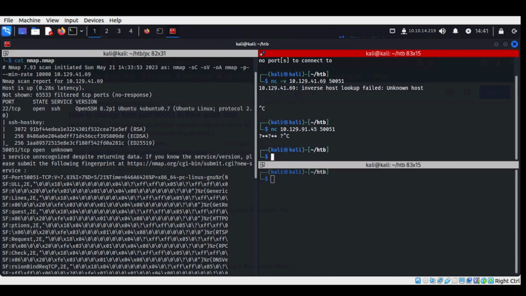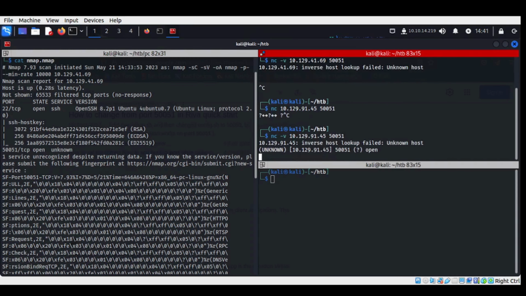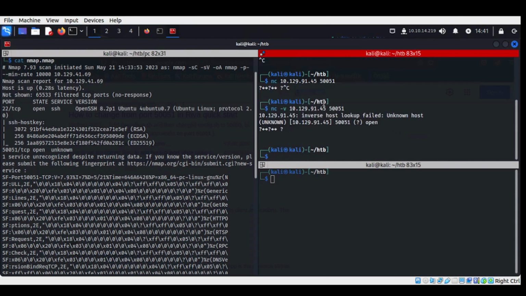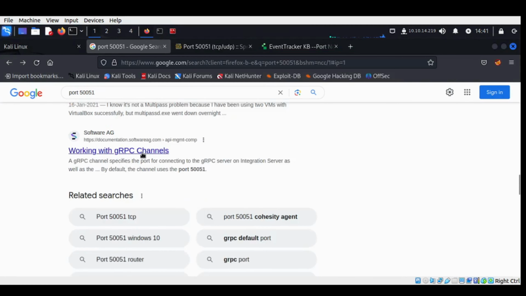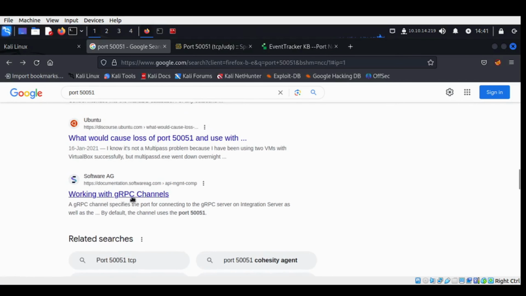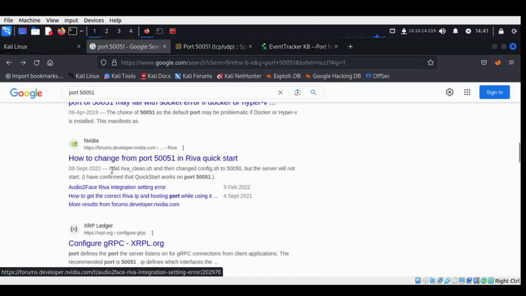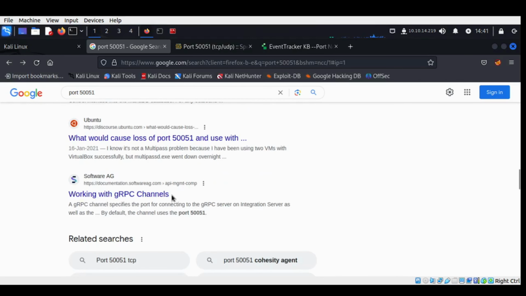Can't really understand what it gives. No, can't understand. Since I already know it's gRPC, because this thing looks like the best bet, as it's appearing a lot in the search,